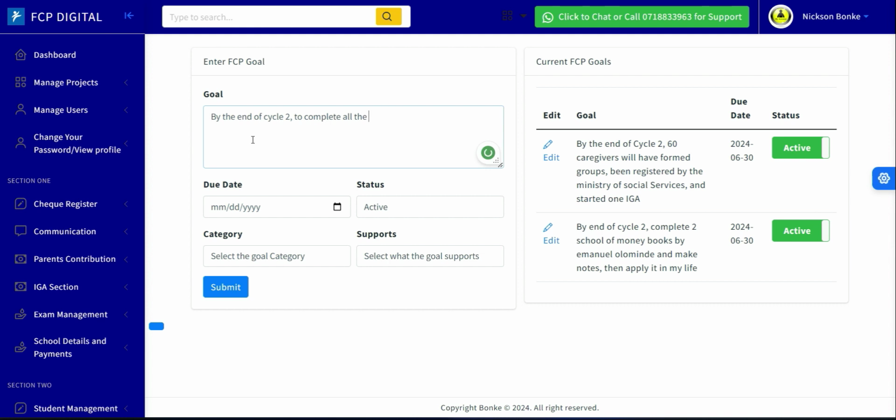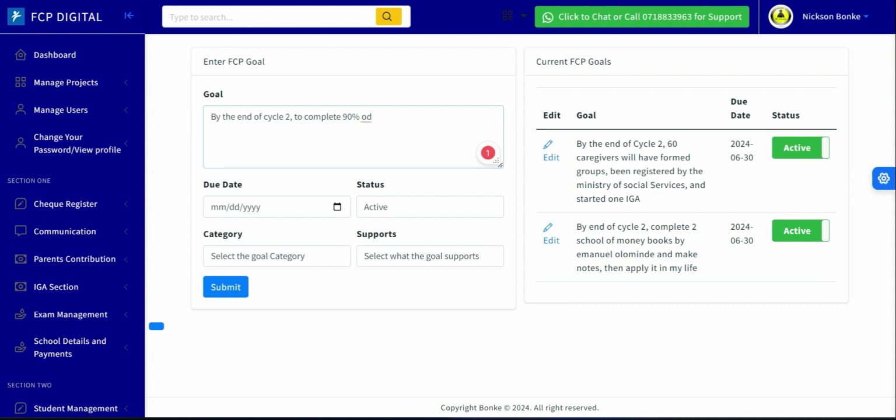So let's say complete all, or because we need it to be specific, measurable, and attainable, all may not be realistic, so we may want to have 90%. To complete 90% of major